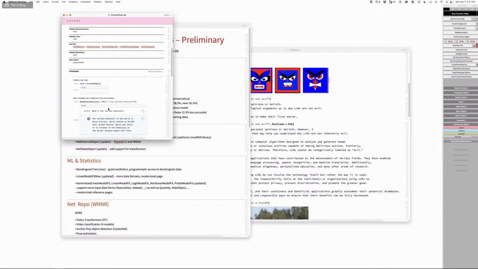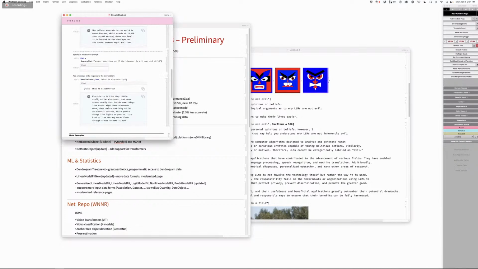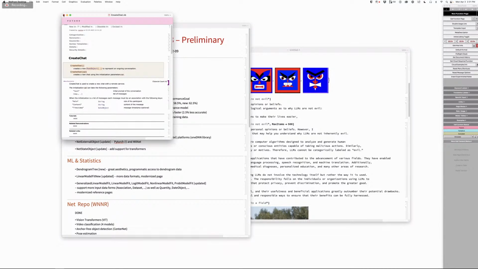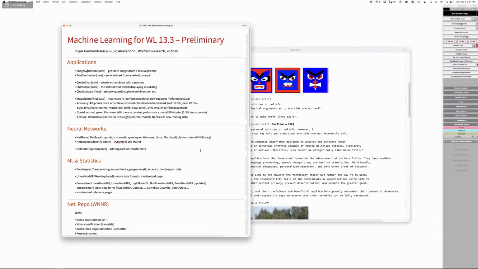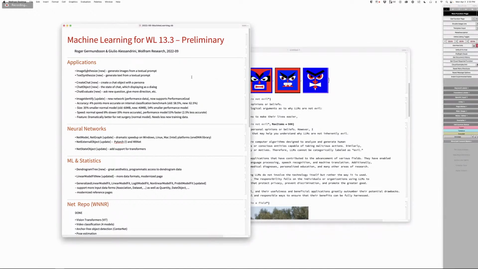Basically, we have been meeting with design to decide what to do here, and most of all, how to integrate this with Chat Notebook. So yeah, design is moving fast. Right now, the idea is that we are keeping this as a kernel backend for other functionalities. So we are focusing on conversion capabilities. You can extract a list of messages from the chat object. You can use the create chat on the list of messages to create a new chat object. So it can be used for extraction, conversion, and handling all the API part in an opaque way, so you can abstract away the specific service you are using. Right.